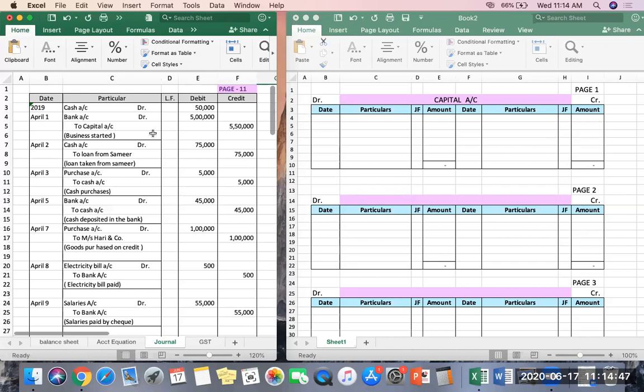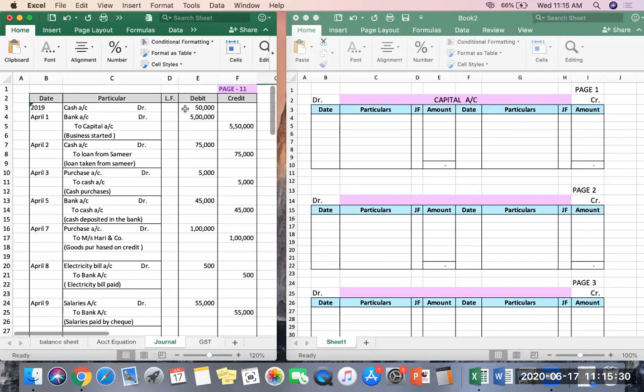But when we write particulars, you do not write capital account. The reason is, we know, because at the top it is already written as capital account, that you are going to write in the capital account. So what is the reason for writing capital here again? What we write against this entry is whatever the corresponding entry or the opposite entry is. Now the first entry itself is a little tricky one. Here you have the amount of 5,50,000. But this 5,50,000 is split into two accounts. 50,000 is in cash and 5 lakh is in bank.